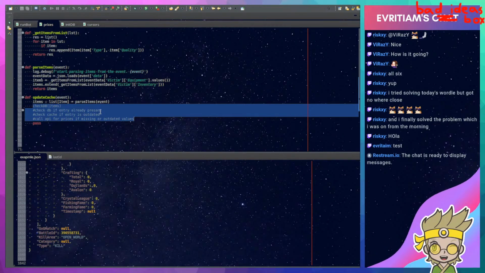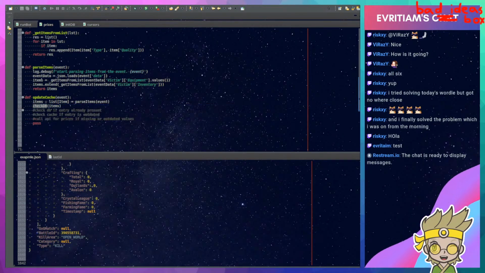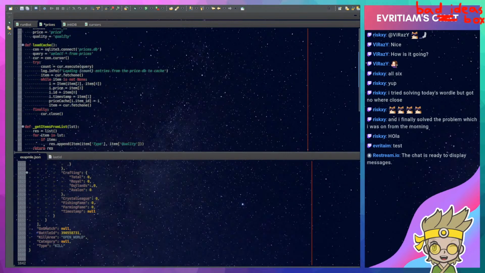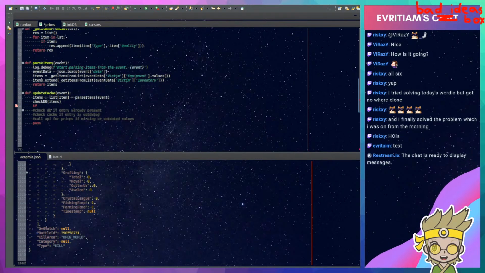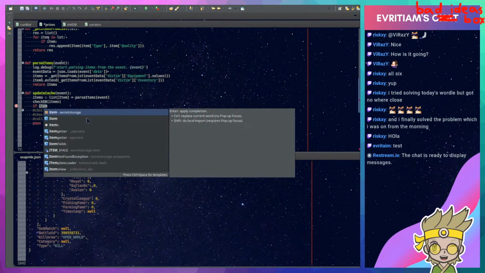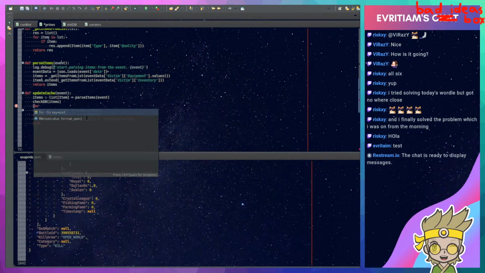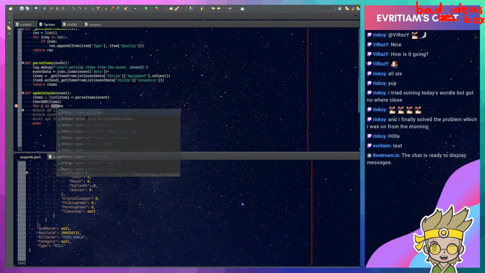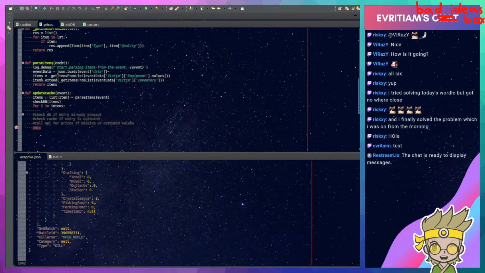Not really sure what's the right approach here. What's the optimal approach? Yes, any approach works. So might as well just go ahead and do the check here. So if item, I need to iterate over them. So for i in items, do the check if